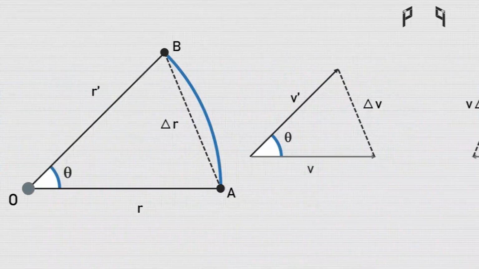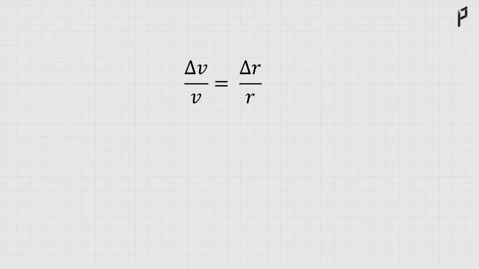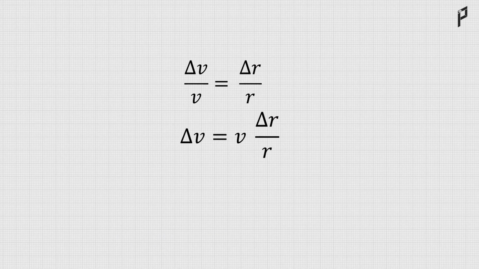Now, if we take r and r dash and v dash, you will notice that these vectors create similar triangles because they have proportional lengths of sides and a same angle. Now, delta v is the displacement vector between v and v dash, and similarly delta r is the displacement vector between r and r dash. So using the similarities, you know that delta v by v is equal to delta r by r dash, because we have proved that both triangles are similar. Now you can compute that delta v is equal to v into delta r by r.